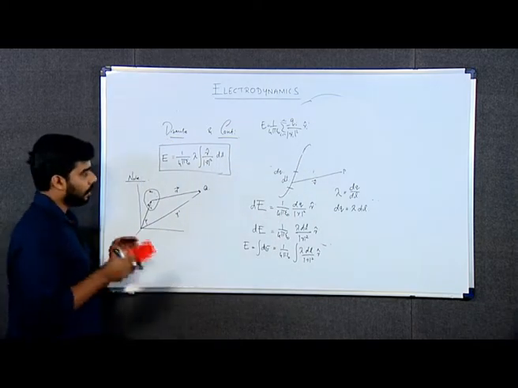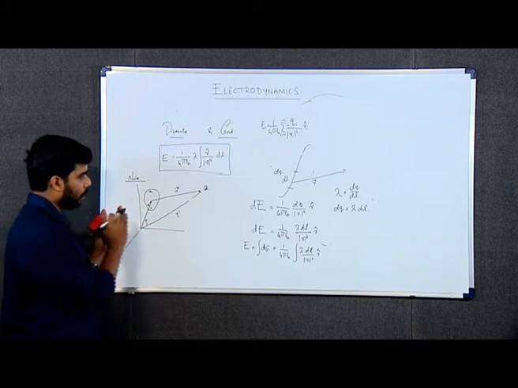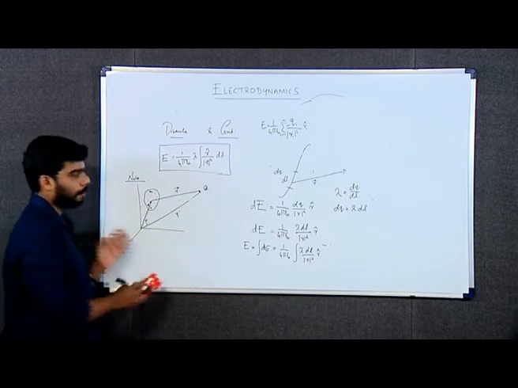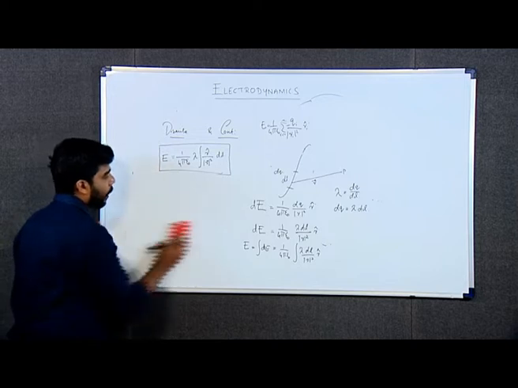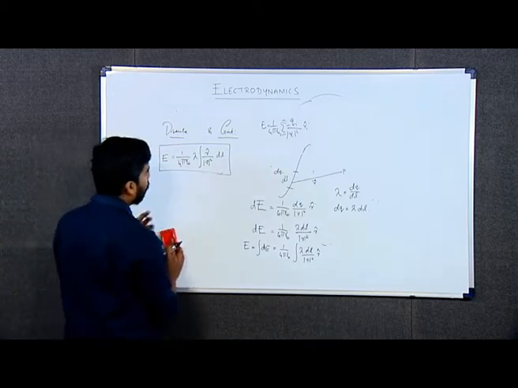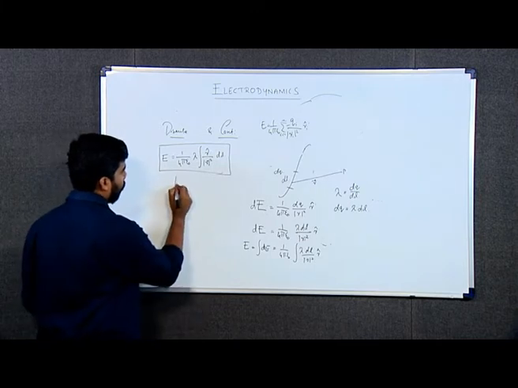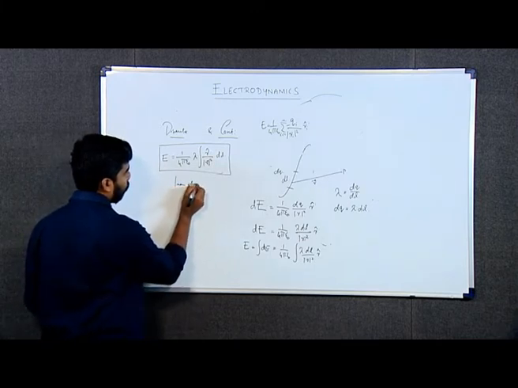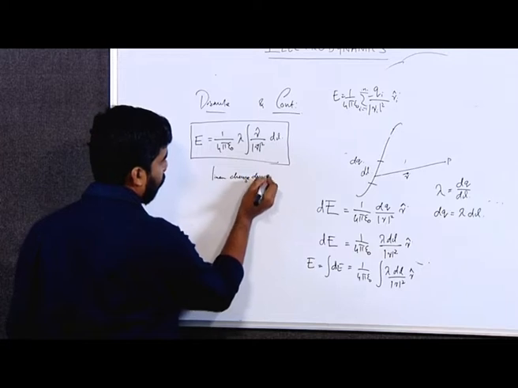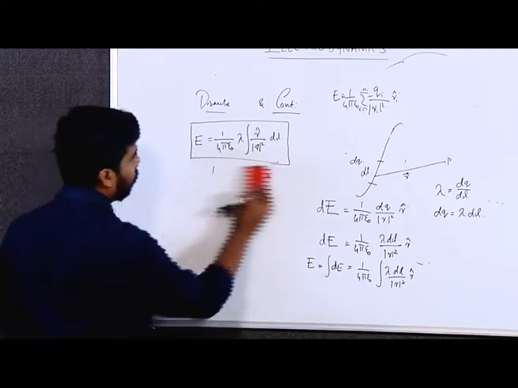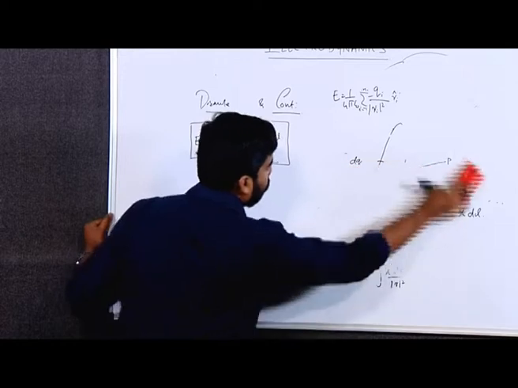So whatever may be the charge distribution, that r will be the distance from the source point to the field point. Similarly, we look at a surface charge distribution. This is for a line charge distribution where lambda is called the linear charge density. Now we look at a surface charge density. So consider